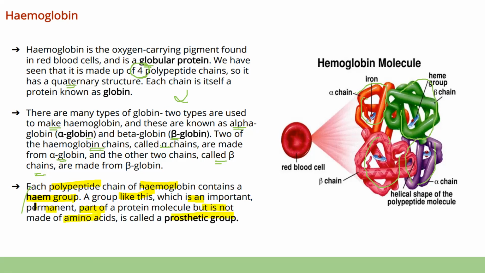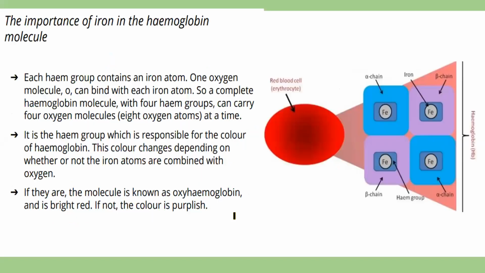So when we talk about the heme group बेटा, we are talking about this. यहाँ पे आप you can see here. So they've shown you this separate structure there बेटा. So they are saying each polypeptide chain contains a heme group and it is inside there. ये इस globule के अंदर है. सही? But it is actually not made of amino acids. ठीक है? It is not made of amino acids, so it is known as a prosthetic group. ठीक है? So it will be found in each polypeptide chain.